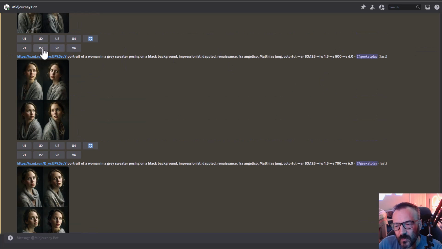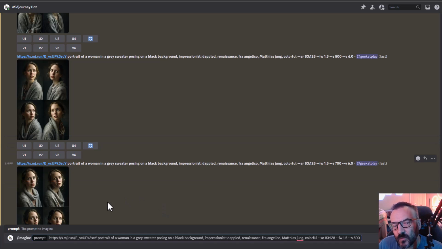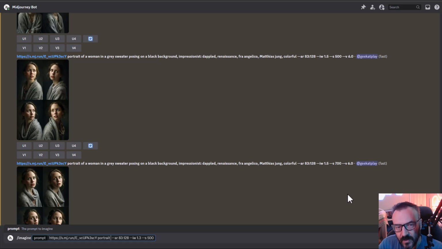So this way, we can go ahead and copy this line right there. Copy, imagine, and we'll paste this. So next step, I actually know what image weight I wanted. Actually, you know what, let's drop to 1.3, just to give it a little bit more flexibility there. I want stylization 500 in this case. Now I can play a little more with the string in the way I want to present it. So it's a portrait, right there, but I want to create in different formats. So for this portrait format, let's try to create maybe